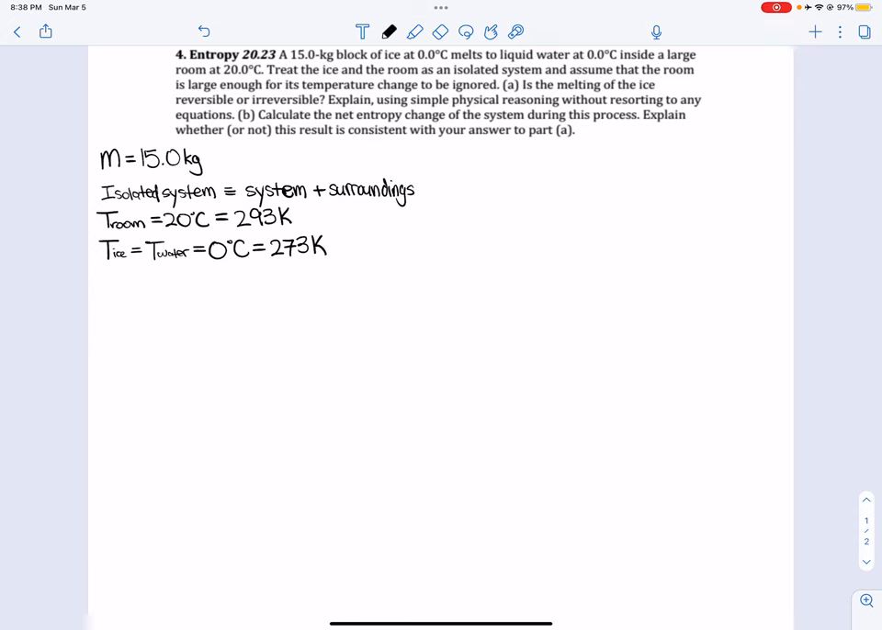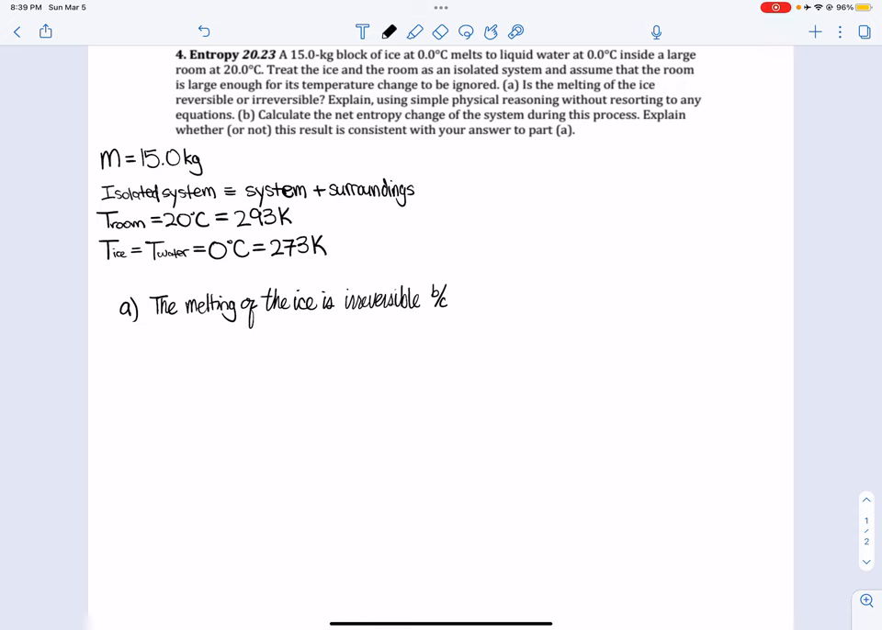All right, so part A: is the melting of the ice reversible or irreversible? Explain using simple physical reasoning without resorting to any equations. I'm going to say that the melting of the ice is irreversible because